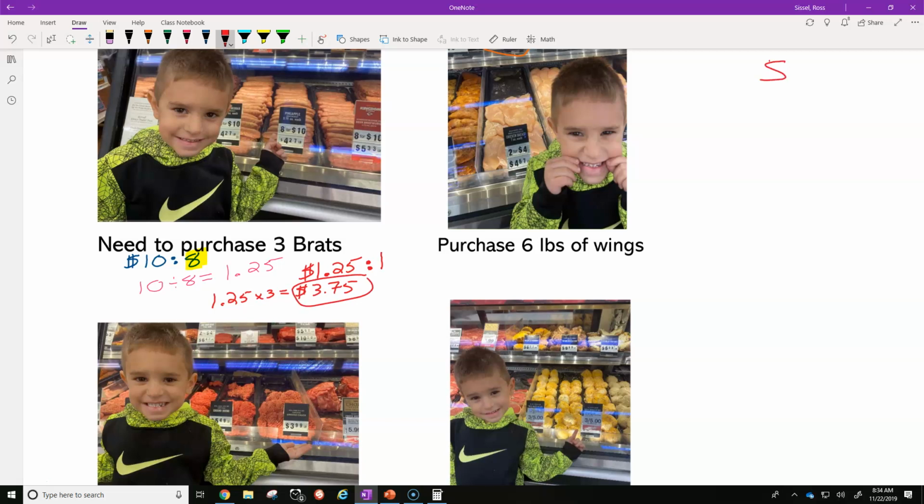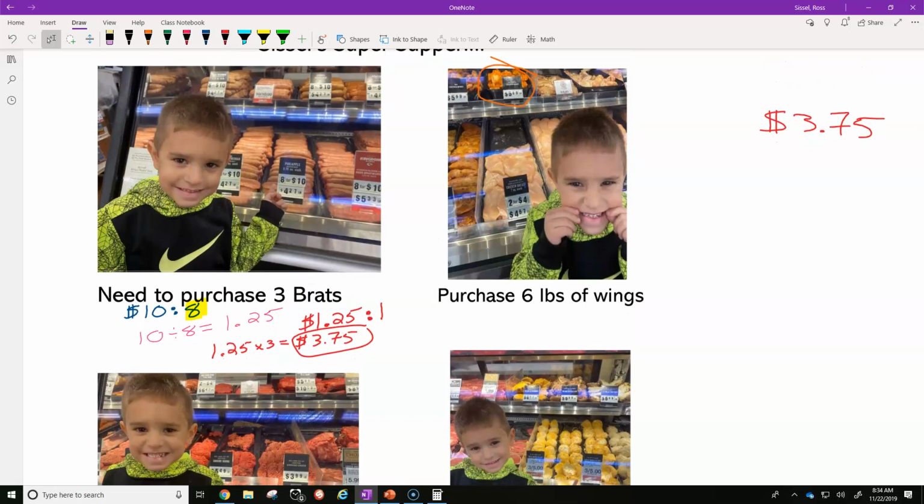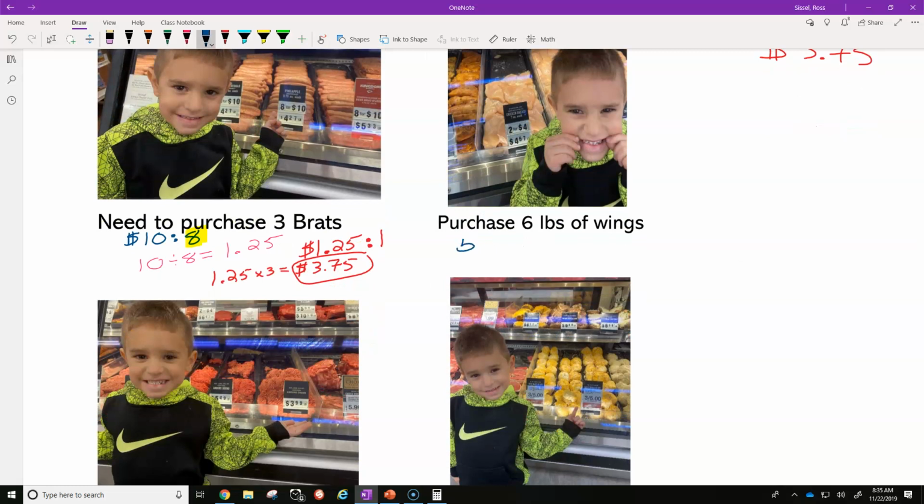Alright, so far my bill is $3.75. I purchased 6 pounds of wings. Wings were $5.99 per pound. We already have it on the one. I already have the unit price. So I just have to do $5.99